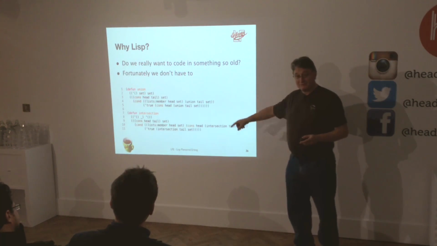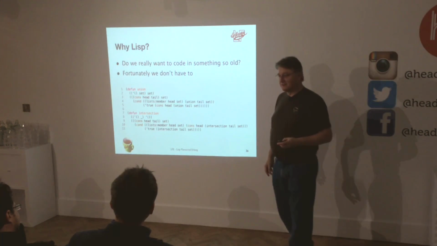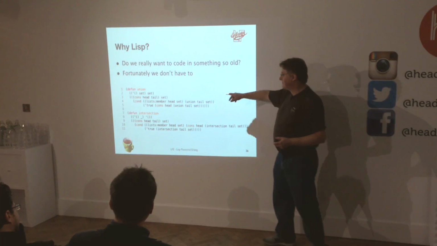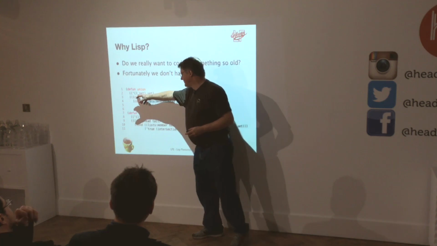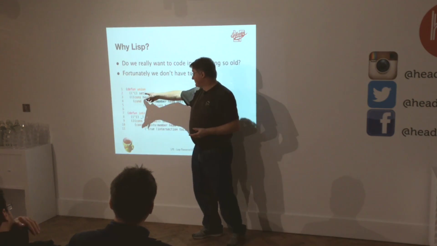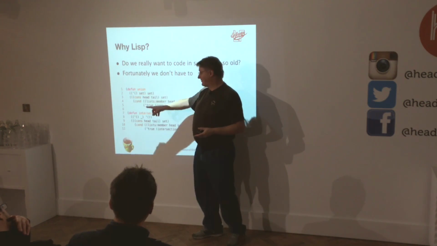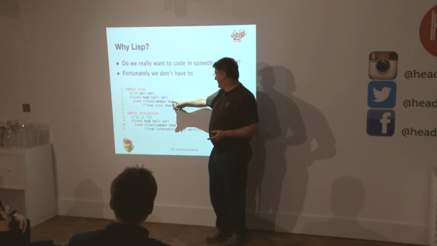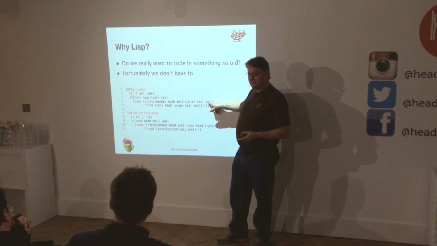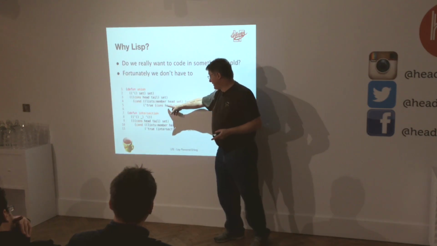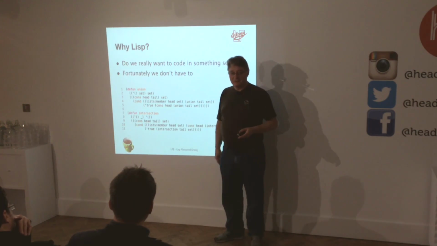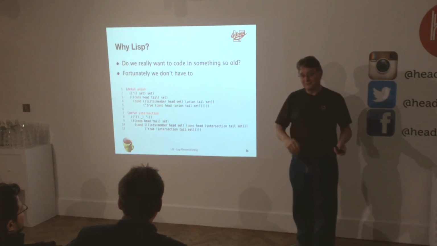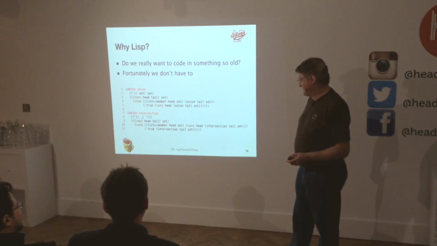This is what the equivalent looks like in LFE. If it's better or not depends how you view it, but it's exactly the same type of code. So here's a union. If we're using lists as sets, and we're trying to do the union of an empty list and a set, we just return the set. Otherwise, if it's a head and a tail, we check if the head is already a member of the set, and we just call union on the rest of the list. Otherwise, we put the head back into the new union we're creating. It's very straightforward when you look at it. Honestly, it is. Truly, it is. Trust me.